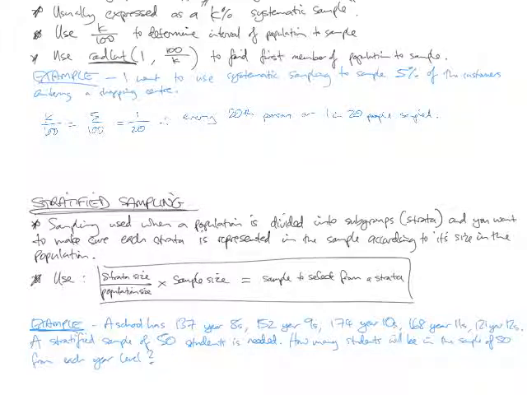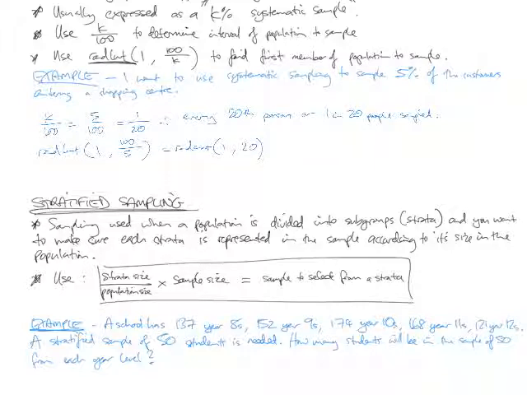But to make sure everyone has an equal chance of being selected, you need to randomize the first person that you choose. So you would go rand int 1 and 100 over k, which was 5. And that's the same as rand int 1 and 100 over 5, which is 20. So if you wanted to randomly select the very first person to make sure that you have a fair sample,